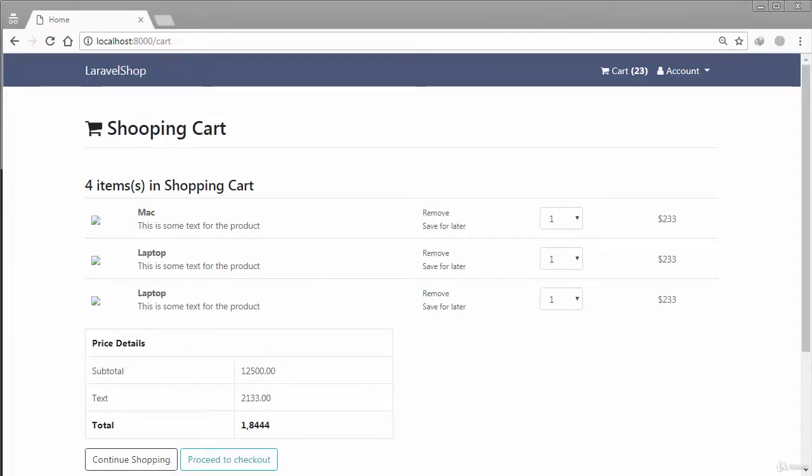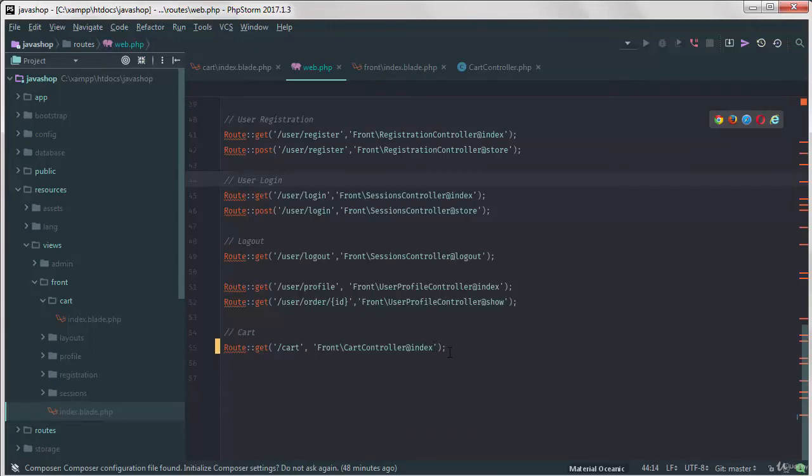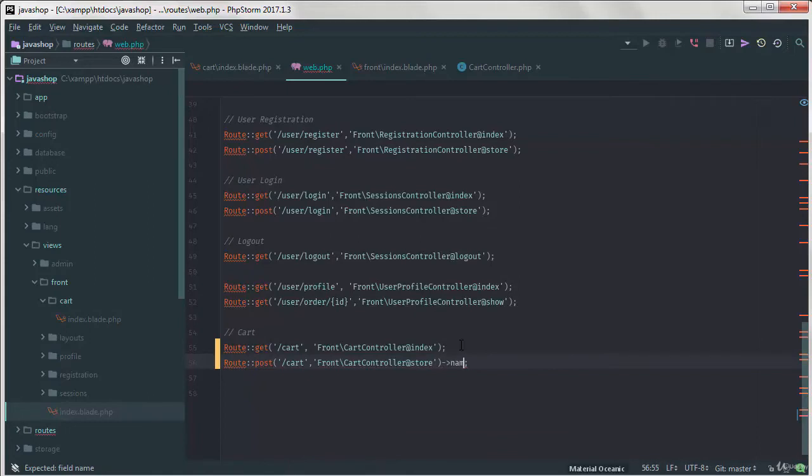Okay, let's just work with the package that we have implemented right now. So how do we get started? As always, first we need to create a route, and this time that would be post cart, and of course this will use the front controller and then the cart controller, front folder cart controller, and then the store method, right? And we can name it, for example, something like cart. So if we just go to our front page,